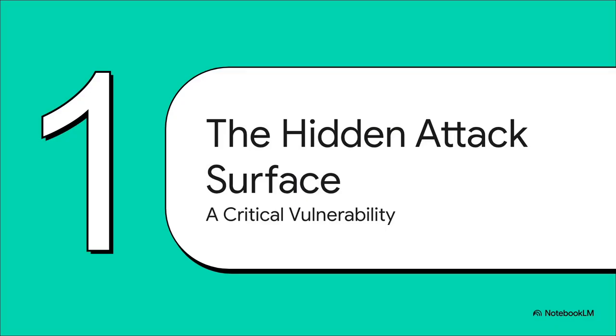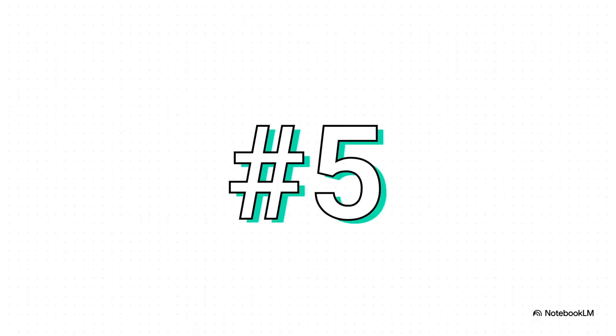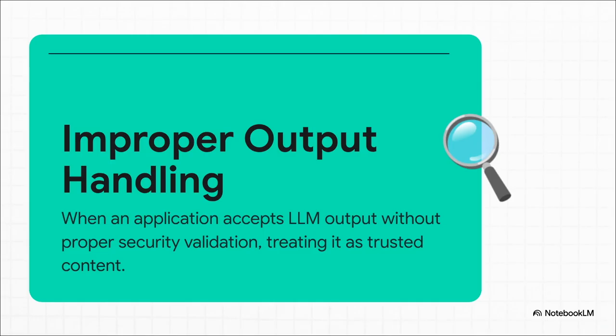So, first things first. To really get a handle on this, we need to understand the core of the problem. We're talking about a hidden attack surface that has security experts pretty concerned. And I'm not kidding when I say it's a big deal. The Open Web Application Security Project, OWASP, they rank this as the #5 most critical vulnerability for LLMs. And look, when OWASP puts something in their top 5, everybody, and I mean everybody, in the security world sits up and pays attention. So what are we actually talking about here?